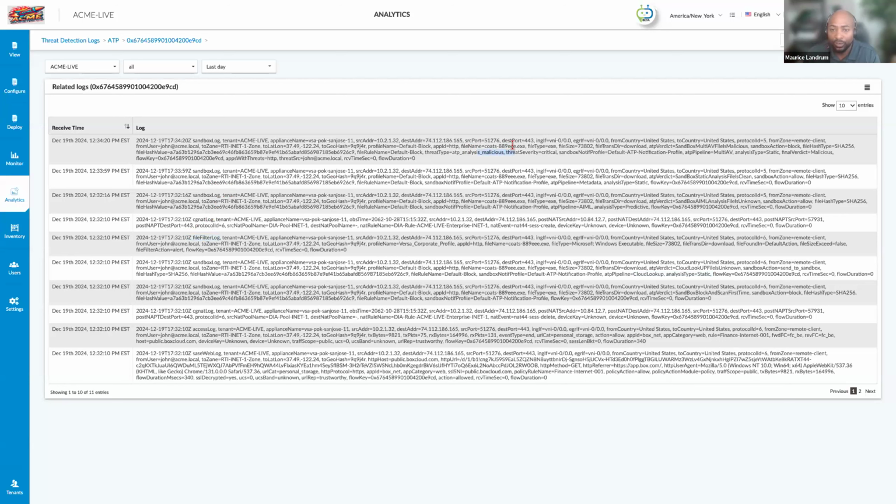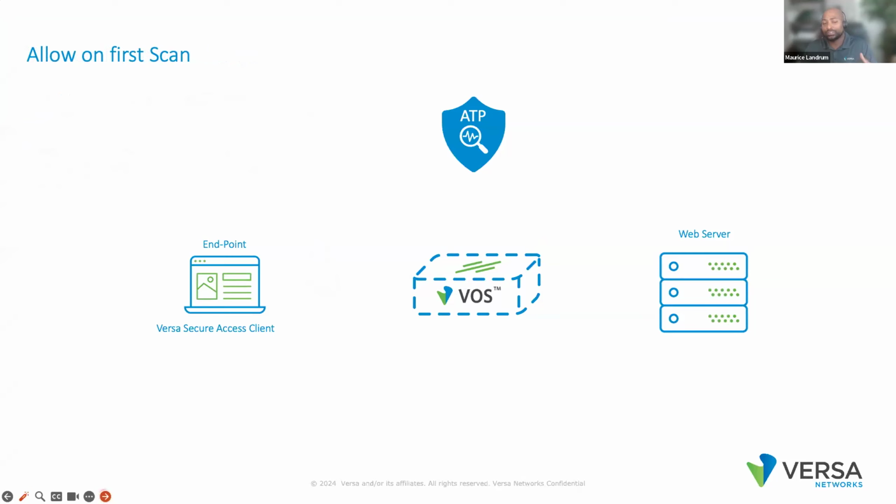The next action here, right, let's go through here. I'll allow first time on first scan, just to give you a quick pictorial view on how it's done. Pretty similar, right? You attempt to transfer the file. Ross sees that file. Same thing. We export that file to our cloud.